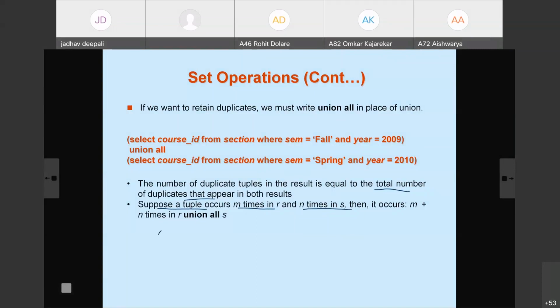For example, if some course ID CS101 appears 4 times in the first subquery and 3 times in the second subquery, then in the result it appears 7 times in union all. It is different for intersect and except, depending upon the operation, but in union all it is m plus n times in the result.